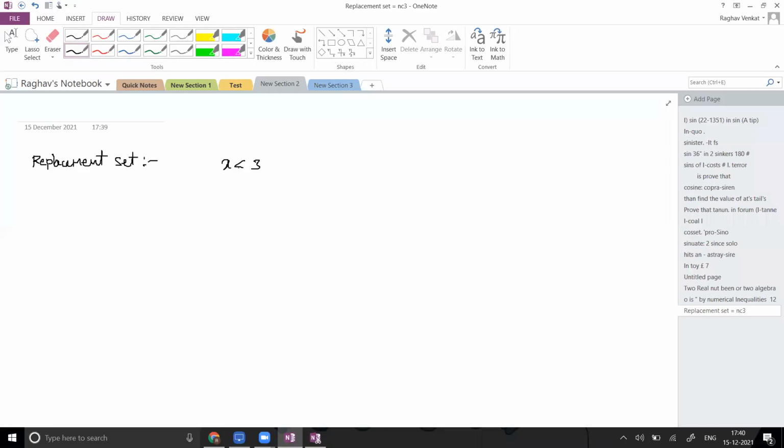So the replacement set is nothing but the solution set of the given inequality. Technically, I can say the solution set of the given inequality. Instead of saying what values can be replaced for the variable, we say the solution set, the possible values of x. The way we discuss it is your wish. Yes, the solutions, that is only the replacement set. If you replace x with one value and it obeys the inequality, then only can you replace it.